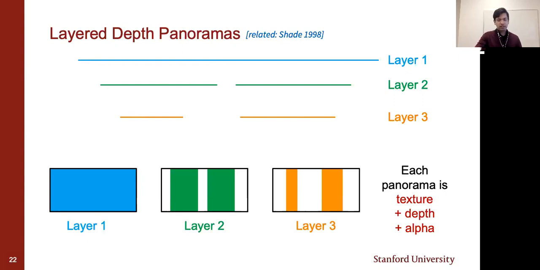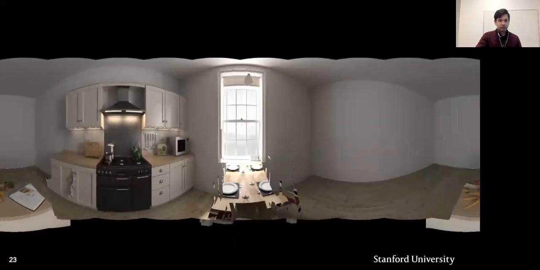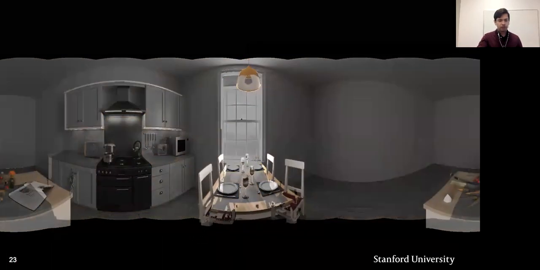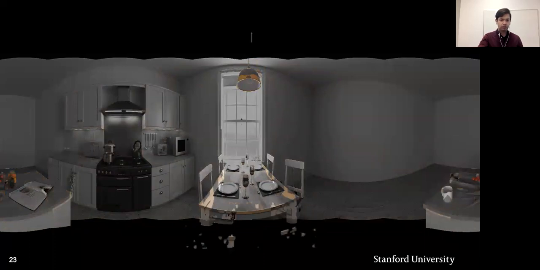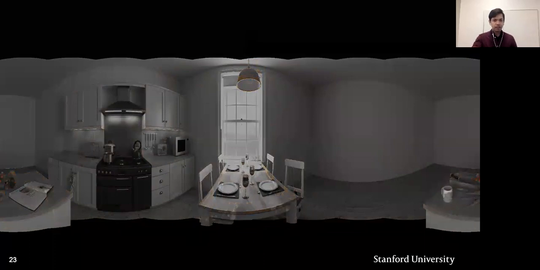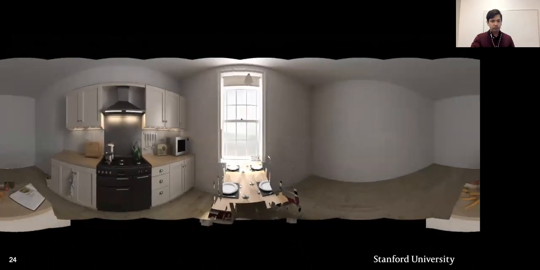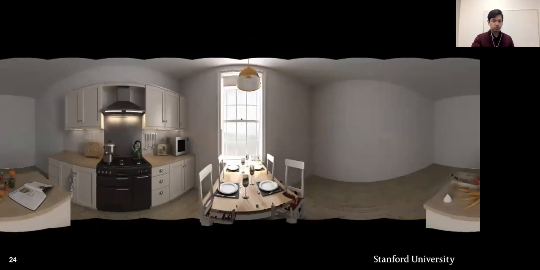For a more realistic scene, it looks something like this. So this is layer 1, or the farthest, or the layer with all objects that are farthest away from the viewer. This is layer 2, which is everything in the front. And layer 3 has everything in front of layer 2, and then the frontmost layer 4. So again, altogether, it looks like layer 1, and then additionally layer 2, and then 3, and then the frontmost layer completes the scene. And the advantage of this is synthesizing correct views when the scene has a lot of